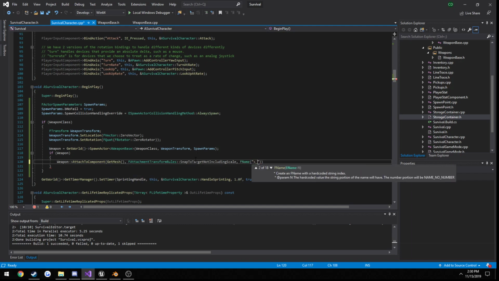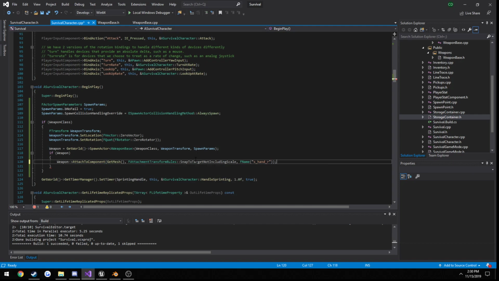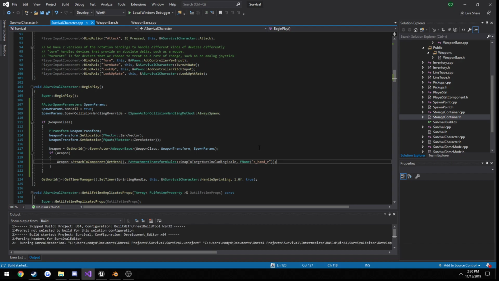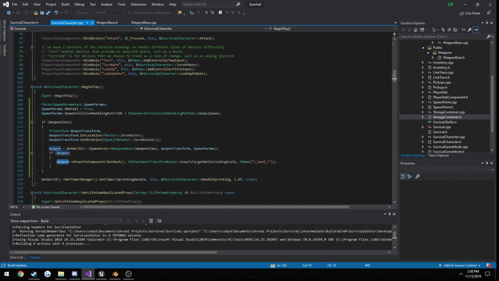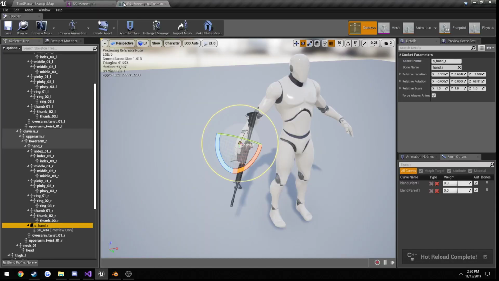And we call it S_hand_R. I'm pretty sure. So we are going to go ahead and build. Hopefully that attaches it. And we're going to use weapon as a way to kind of, in the future, dictate what animations we want to use. So if we don't have a weapon,